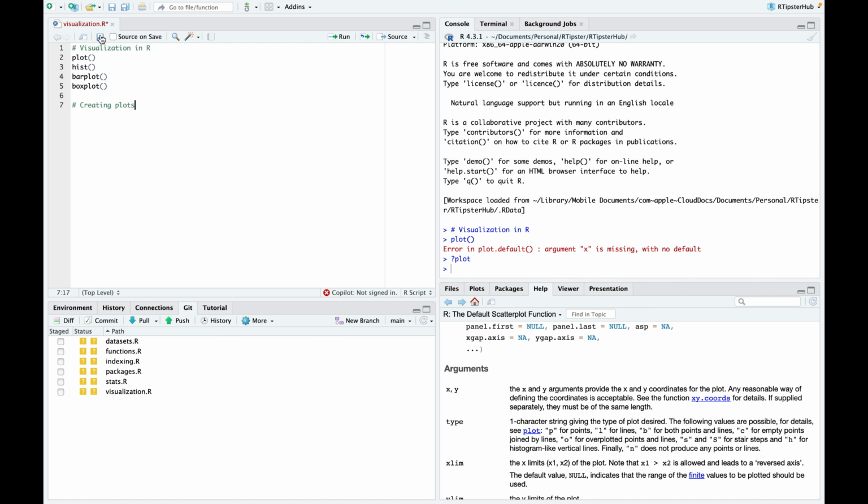In this video, we are going to continue the previous video where I introduced visualization in R, and I also showed you some of the functions that are found in the graphics package, such as plot, hist, barplot, boxplot, just giving an example of the functions that you require in creating plots in R. So in this case, we are going to